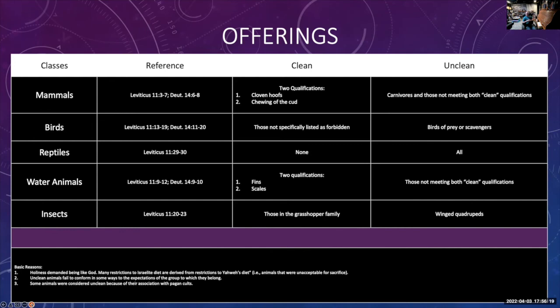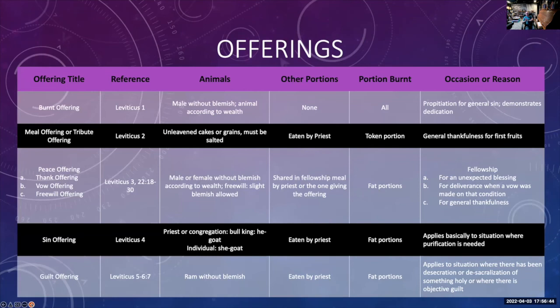Unclean animals failed to conform in some ways to the expectation of the group to which they belong. So they may fit maybe water animals, but they're missing fins, they're missing scales, they're abnormal types of creatures within those areas. Some animals were considered unclean because of their association with pagan cults. And we discussed that already. Next, the offerings. So this goes through the burnt offerings, the meal offerings or tribute offerings, peace offerings. And quite honestly, I have a hard time finding information in these areas for offerings because I don't see many books clearly articulating,